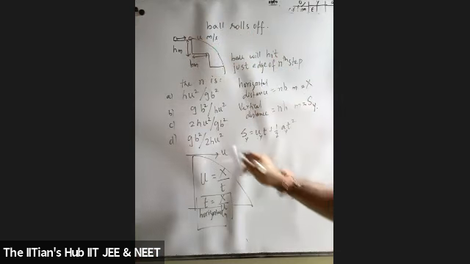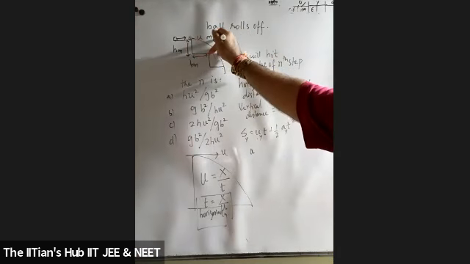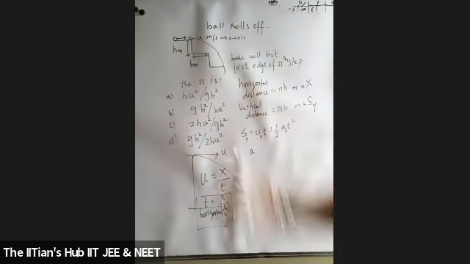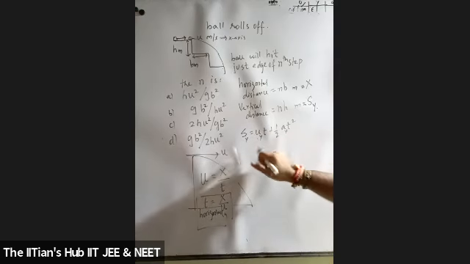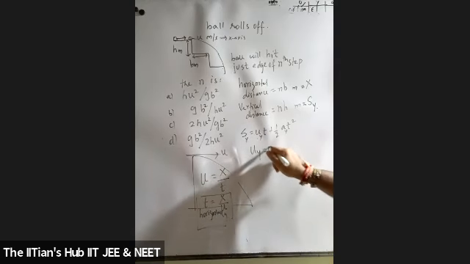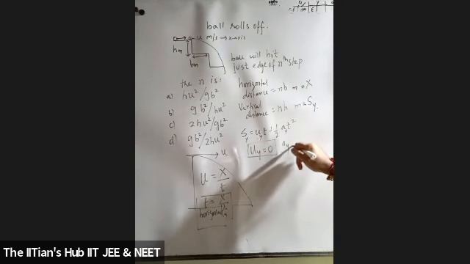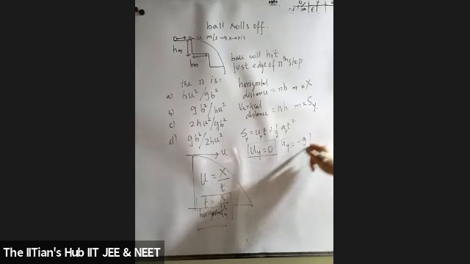Since the motion starts from rest, there is no velocity along the y-axis. Since the motion is along the x-axis only, with u, what is the velocity along the y-axis, students? The velocity along the y-axis will be simply 0. ये ध्यान में रखना. Acceleration along the y-axis क्या होगा? Minus g. ये तो सबको पता होना चाहिए.